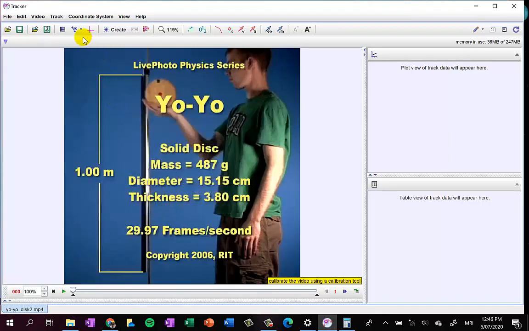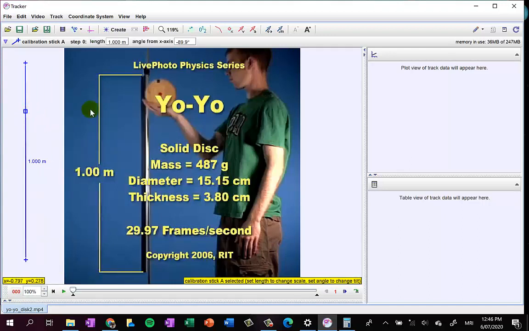Okay, the next thing we want to do now that time is sorted is we want to tell the software how large the image is. And so to do that, we choose calibration stick, as you just saw me do. So we go to new calibration stick, and once we've done that, we hold down shift, and we can click at the top corner of this yellow line here, and then at the bottom corner of this yellow line here, and tell the software that this is 1 meter. So we'll change that to 1, and then we'll just move that out the way like this. So now the software knows that that blue line is 1 meter long,